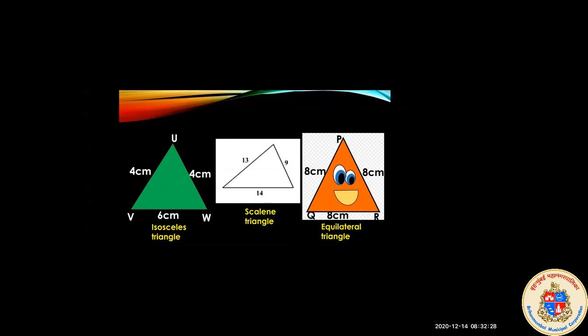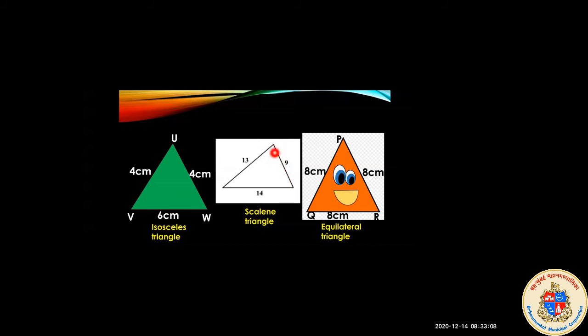Now here is the second example, look at the second triangle. Now in this triangle, the name is not given. So can you give a name to this triangle? Any name, like how I have given here U, V, W. So you can give the name to this triangle according to your wish. What will you give? A, B, C. Yes, very good. You can give any letters according to your wish. X, Y, Z, P, Q, R, L, M, N.